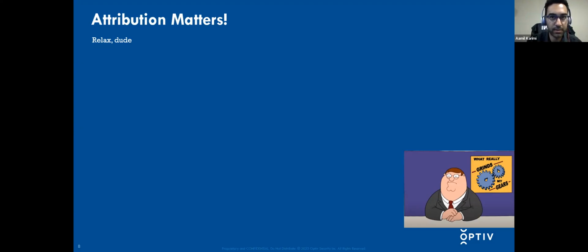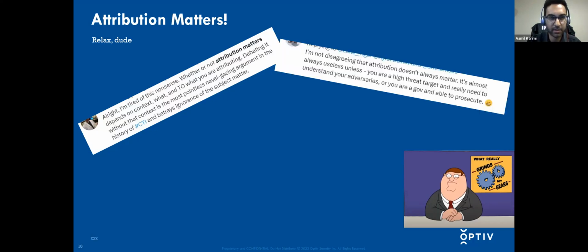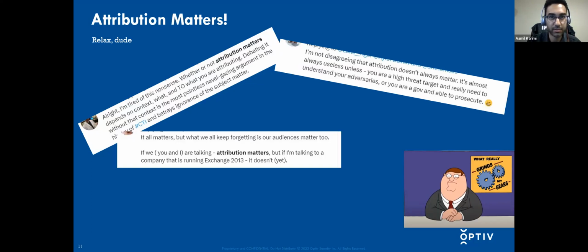The concept of old is still new is not new to the gTIC, at least. And I think the rest of the industry is finally starting to catch on, albeit slowly. It took a while. The pendulum is starting to swing back to fundamentals and relevance, and it's becoming more normalized after the past several years of research and innovation in the field of attribution, which took hold back in 2012, 2013. I think relevance rather than hype and innovation for the sake of innovation is starting to capture the attention of researchers. And I think that's a very positive move, especially in what we do here with the gTIC,